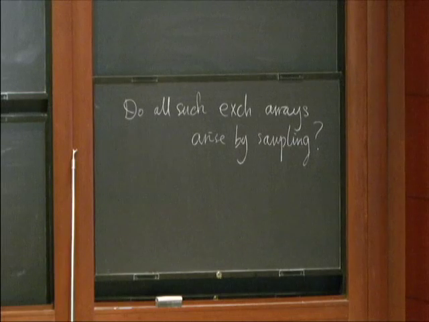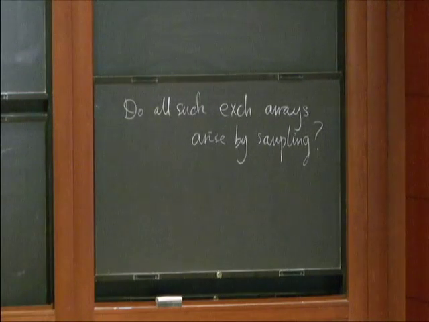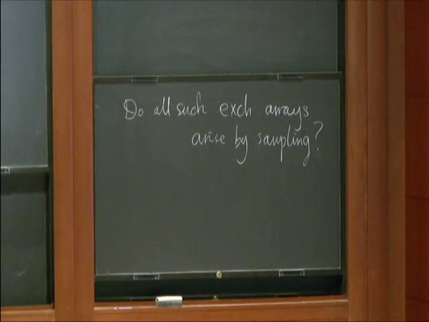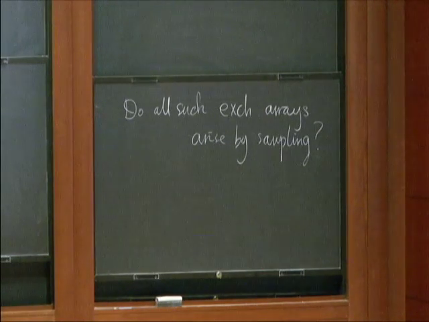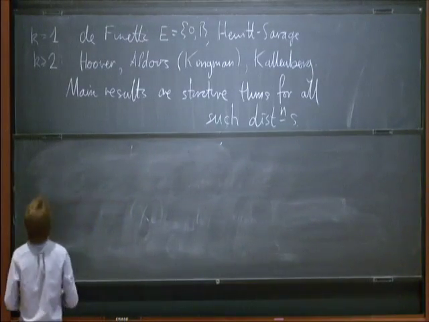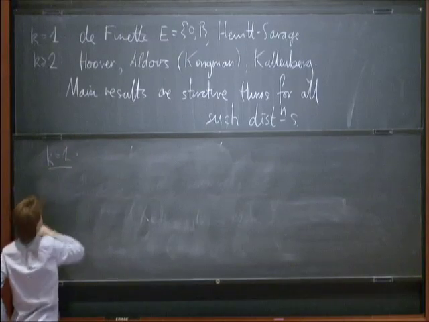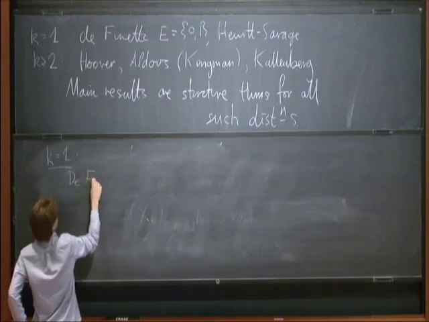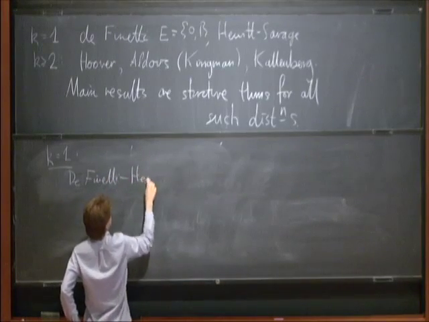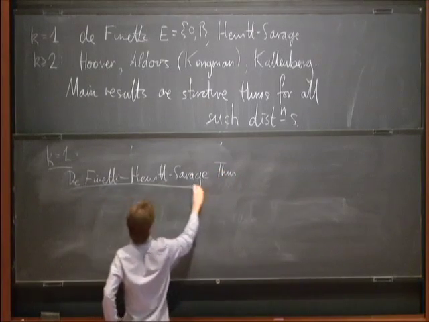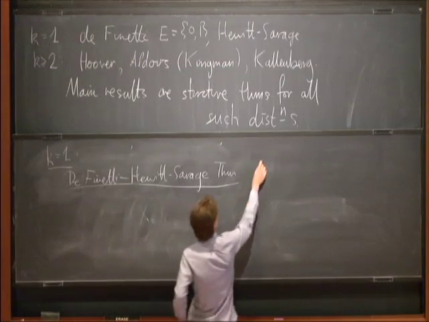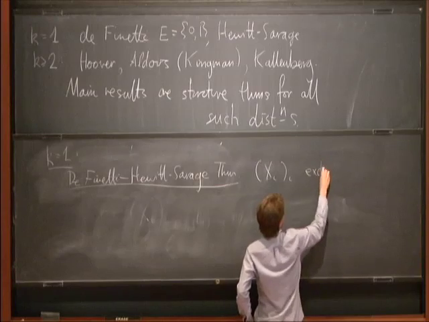I kind of don't like this business. I'm just going to go back up there. So actually, let me state the case k equals 1 first, the classical de Finetti theorem, and then state the case with k equals 2. And those are the two that I will focus on in this talk. So when k equals 1, the de Finetti-Hewitt-Savage theorem is the following. So here you have an exchangeable sequence. And the conclusion is that